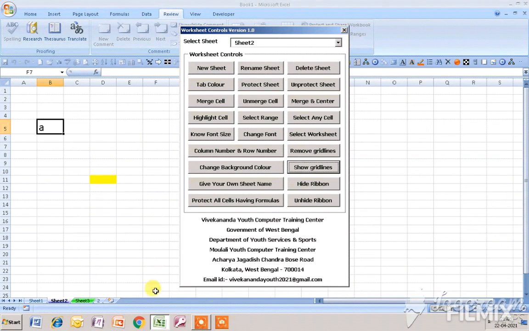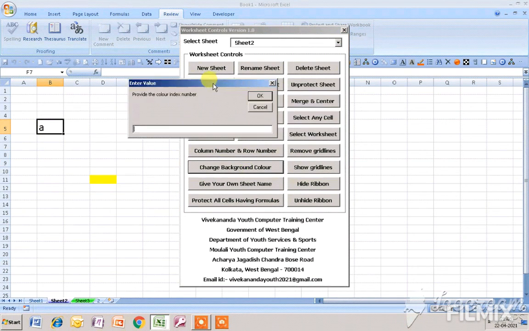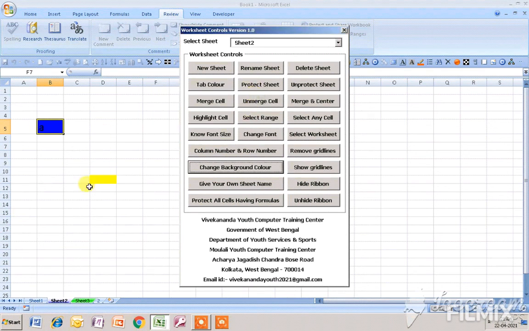Now I will show you how you can change the background color of any particular cell. Suppose I want to change the background color of this particular cell. I click on this button. Now the same thing, I have to give the color index number. If I give a 3 over here, or if I give a 5 over here and click OK, then you can see the particular cell has changed to blue color.